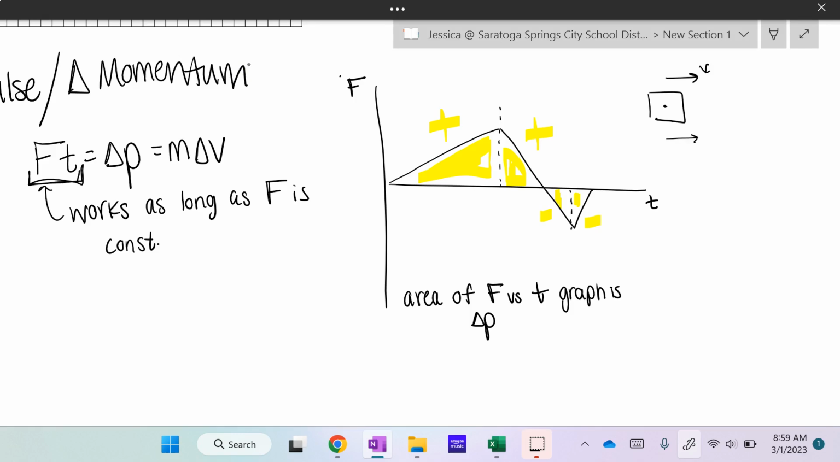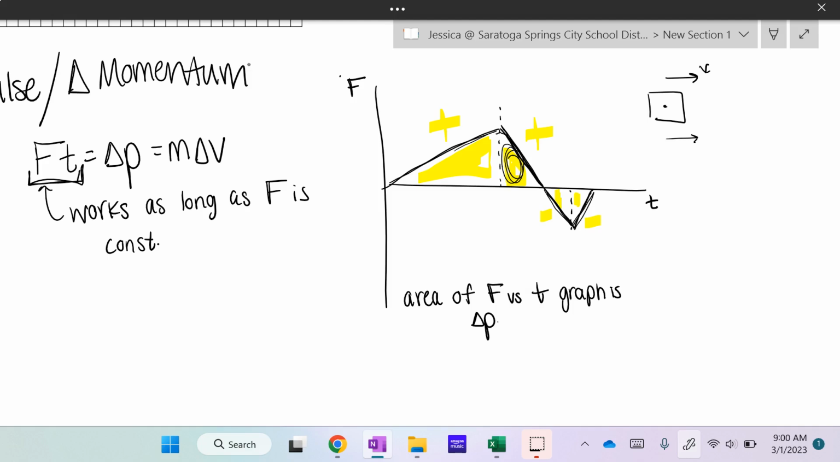So what that means is my object is speeding up here, and it's still speeding up even though my force is decreasing, because I still have positive area here, right? Positive change in momentum, so I must be speeding up. I don't start slowing down until my force flips directions and opposite the direction that I'm moving. Okay, so what I could do is add up all those individual areas and get